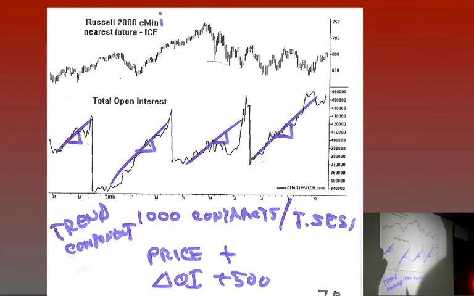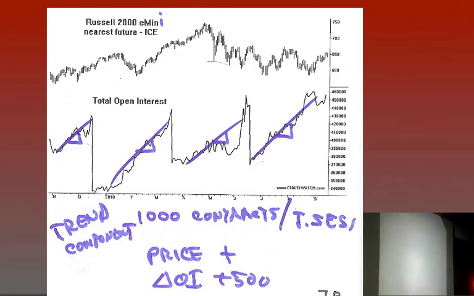If you see that the price on the E-mini Russell was up and the change in open interest was plus 500 contracts, and all you understand is that general rule, you say, oh look, price up, open interest up, that's bullish. Is this actually a bullish statistic, plus 500? No, not compared to the plus 1,000. It's like a minus 500. It's less than the trend component of open interest increase. So you have to be careful with this in the cash settled futures contracts.